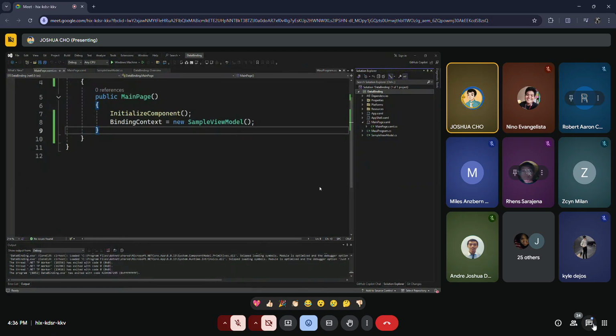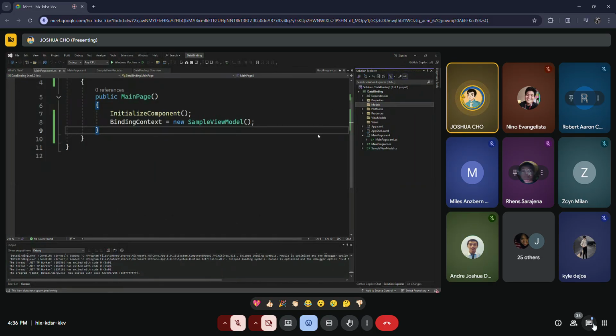So first the folder models, then add a new folder view models, then add a new folder for the view. So in this matter, ma-organize ang files. So first is we'll create the model.